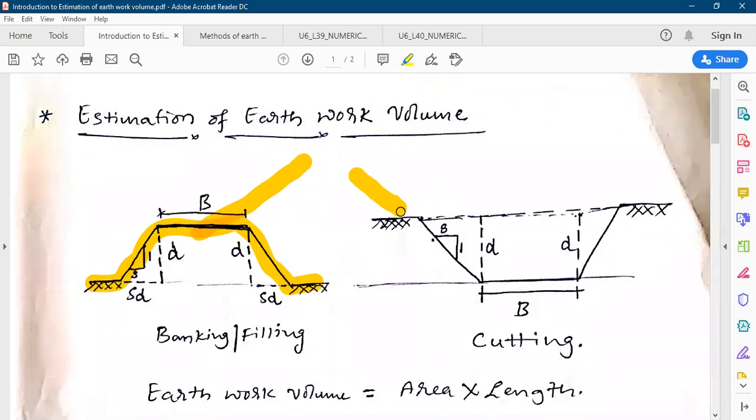In case of some hilly roads like here, all the earth surface will be there. In order to construct the road in this kind of hilly portion, at that time we need to do the cutting of this portion. That is where we get the cutting in the road surface. So this is the cross section of the cutting portion, where we have to remove earth surface for the construction of the road. This is the cross section we have seen in the last class.